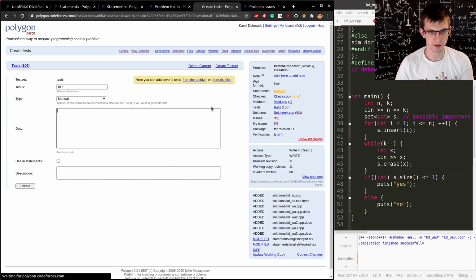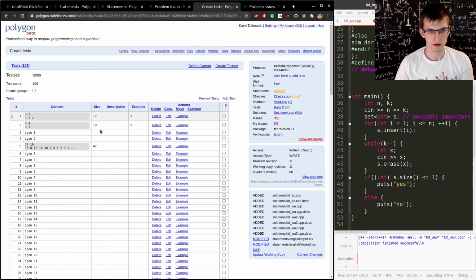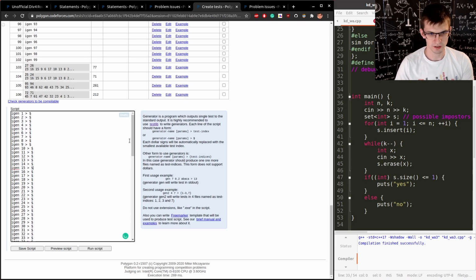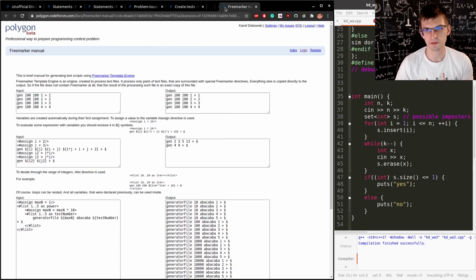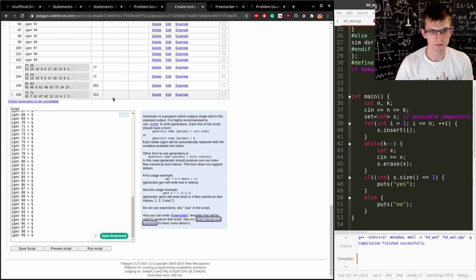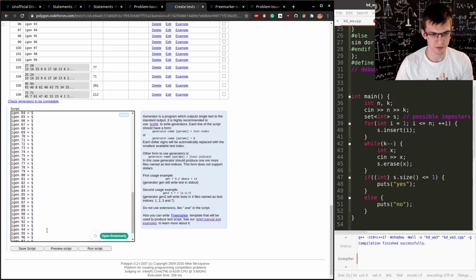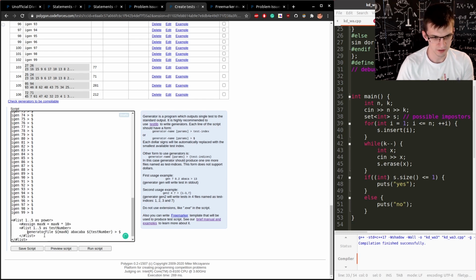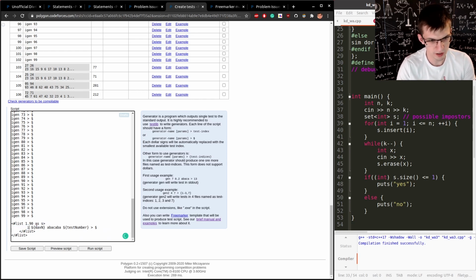So you can add tests by hand like that, and also you can generate them with a generator program, but then you don't want to do this. You want to use the script; there's a brief manual and examples of this script here. There can be for loops, and they are explained here. So I would say that this should be replaced with what? List 1 to 99 as a seed or whatever this number is, and then igen